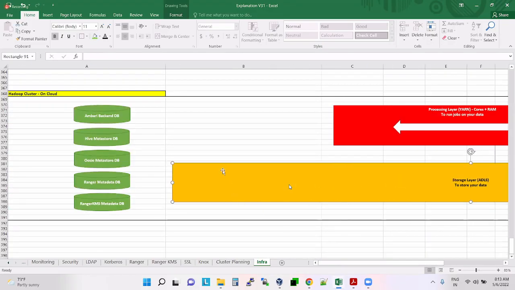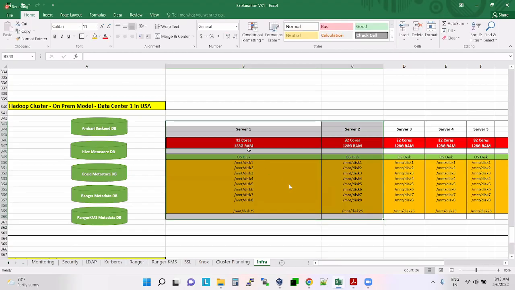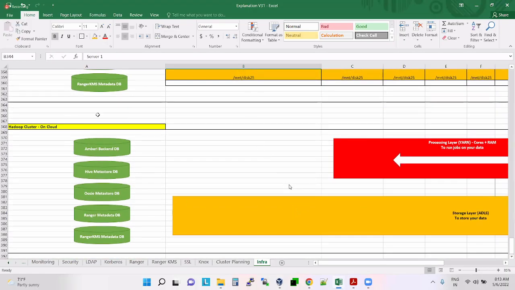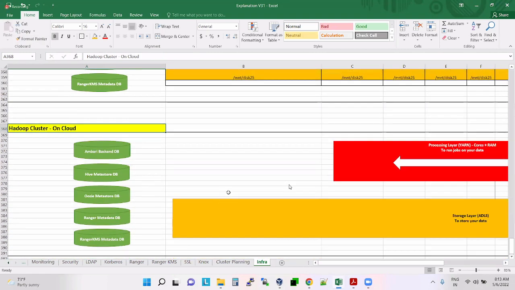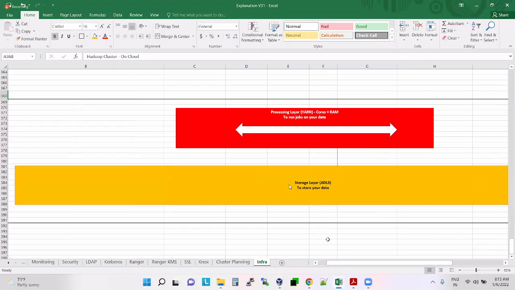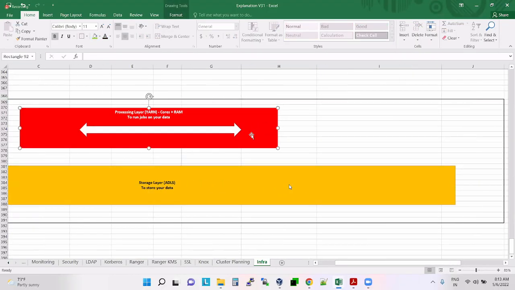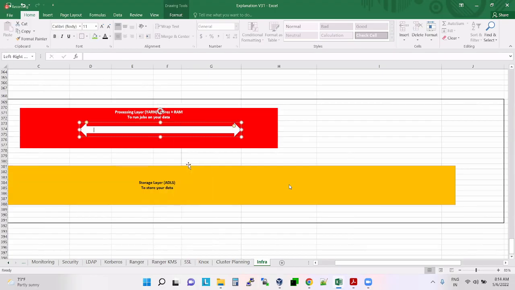In the cloud, we are using separate storage. In on-premises, you are combining multiple servers, and each server has storage and processing, which are tightly integrated. But as I explained earlier, when it comes to cloud, your storage is separate. This is your storage, and this is your processing. When it comes to processing, here, auto scaling.